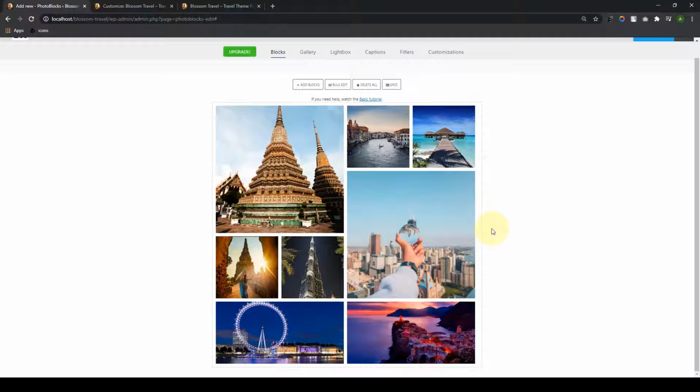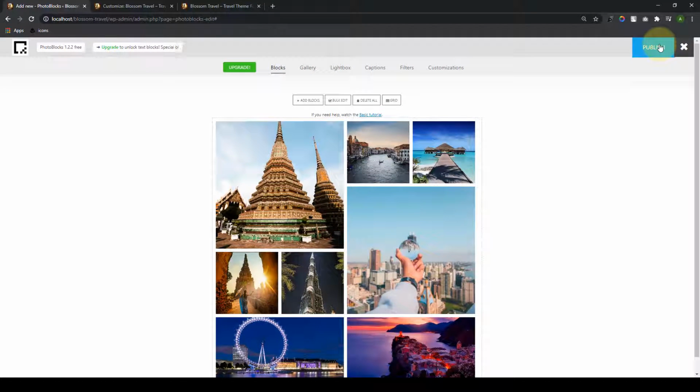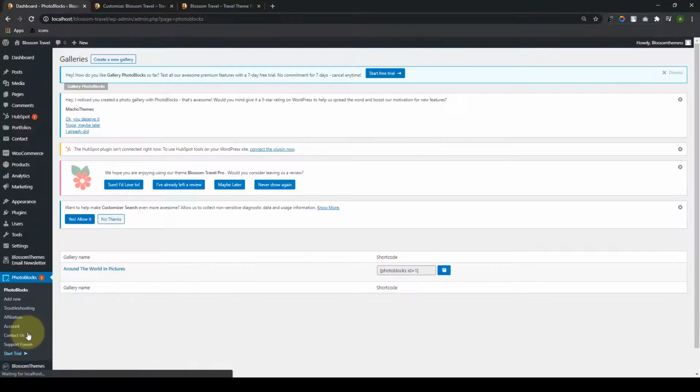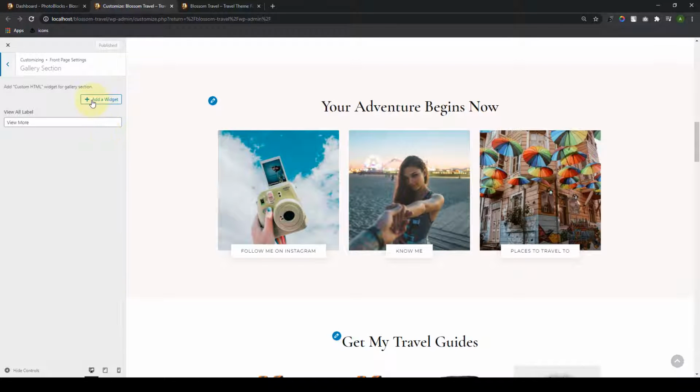And once you're happy with layout, click on Publish. Now let's go back, and again click on the plugins. So here is the gallery that we have just created. Now simply copy the shortcode over here, go back to the customizer, and from under gallery section, click on add